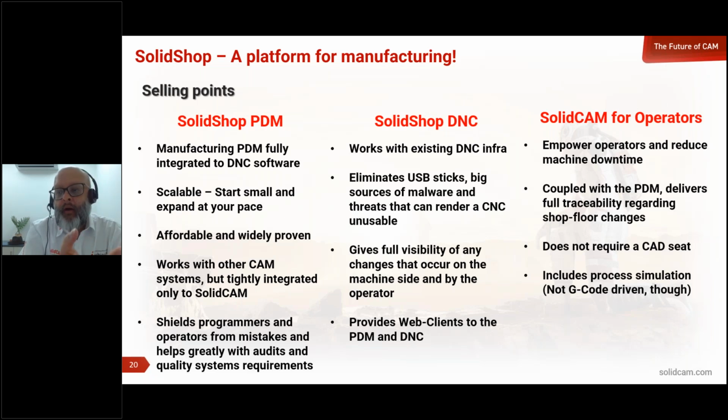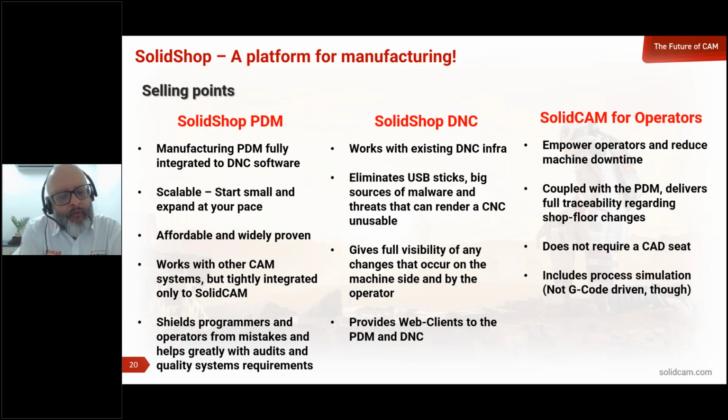And we can always have an opportunity to show them how it works on SolidCAM, and they will see the speed, and maybe 6 months later they will say, hey, I'm tired of doing these things manually. I think we need to put the seat of SolidCAM here and test it with the PDM. Okay, so we are trying to create opportunities for us and bring more customers to our database.